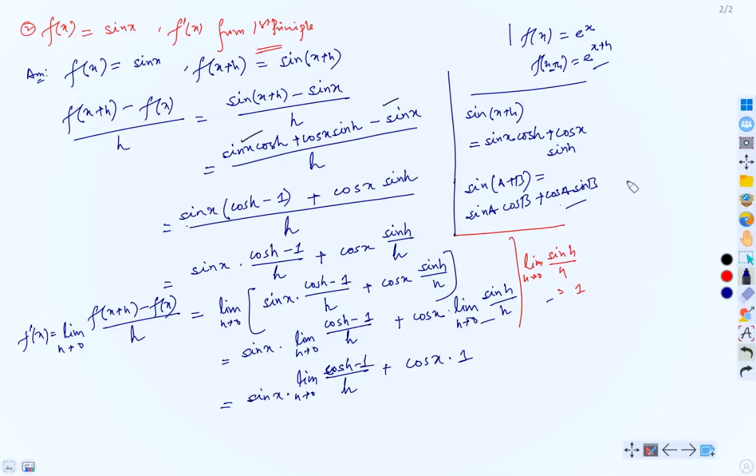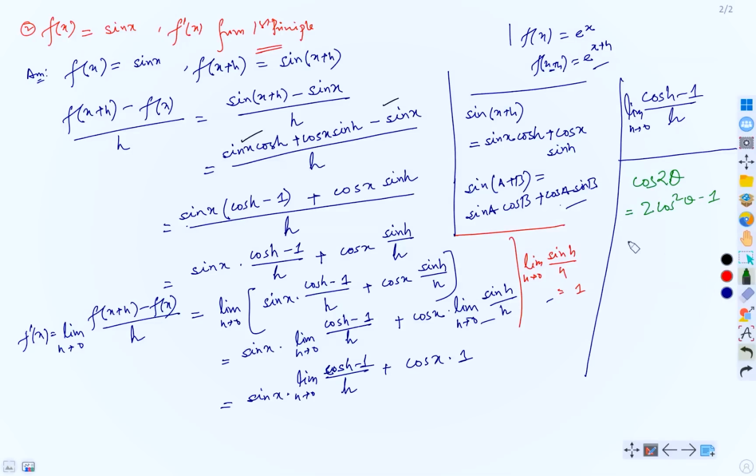Yes, from here. So as I said, we need to put this in a special form. So see, cosine h minus 1 upon h. We have a limit, limit h tends to 0. Now you know that I'm using a different color. There is another formula of cosine. It is a multiple angle formula, that cosine 2 theta, you can write in this way: 2 cosine square theta minus 1. You can also write this in this way: 1 minus 2 sine square theta.